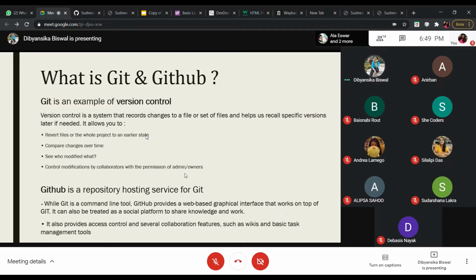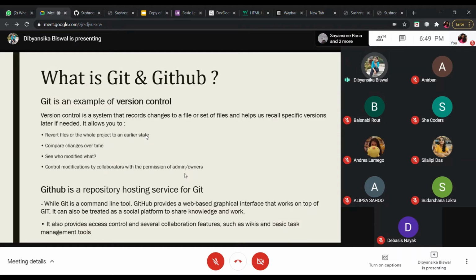GitHub is basically the repository hosting service for Git. Git is a command line tool. Command line tools are scripts or programs and libraries that have been created with a unique purpose, that is, to solve a problem that the creator of that particular tool had himself.